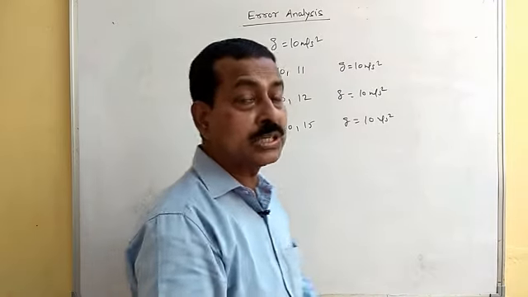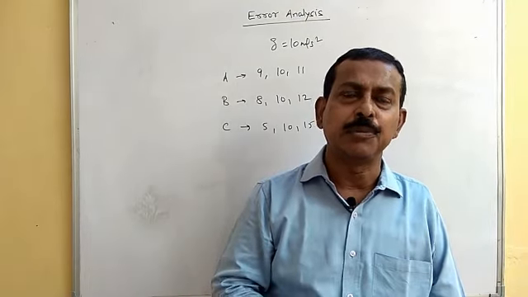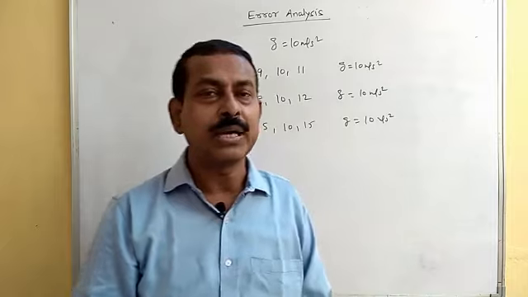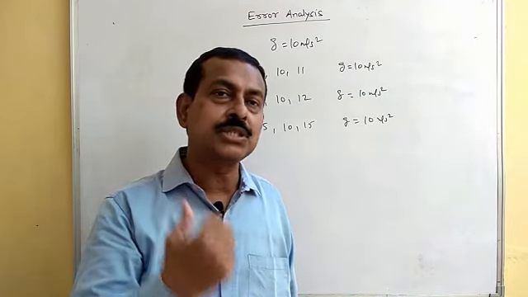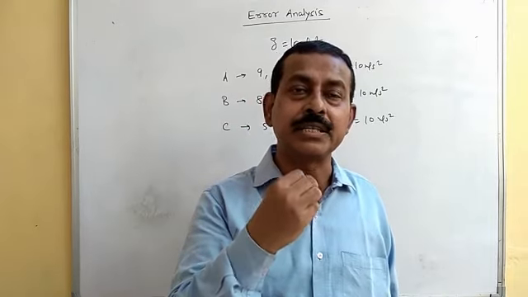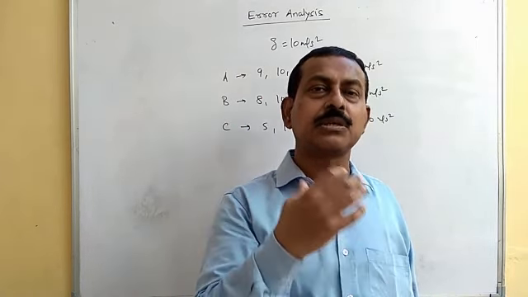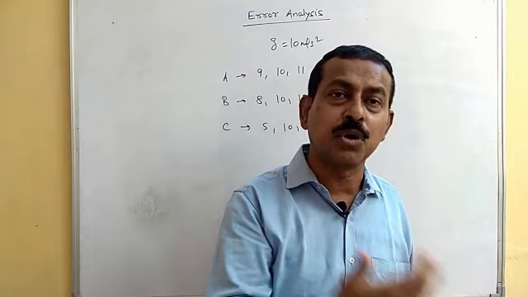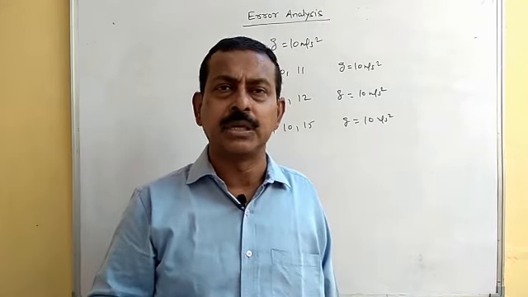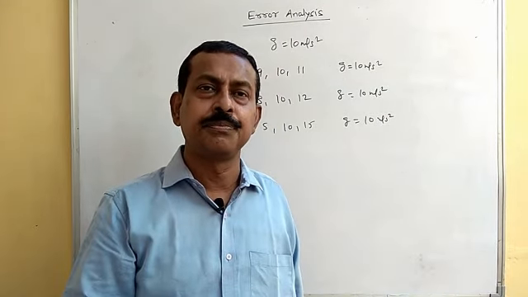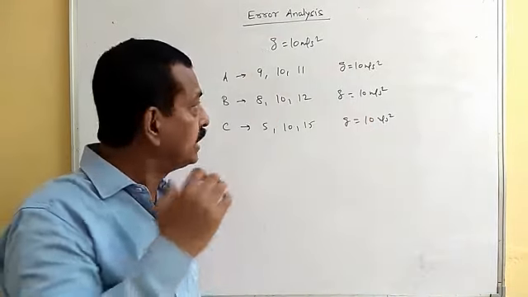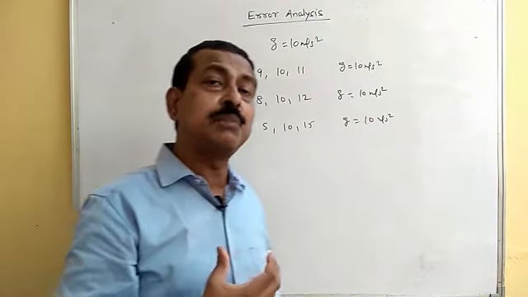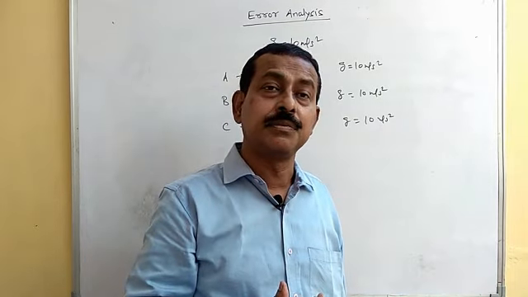Now, if we are just talking about the final result, if all these A, B, C go and tell that I've got the result as 10, if anyone is just hearing the final result, or just concentrating on the final result they have got from their experiment, he will get the same value because all have got the same value. But is it that they all have performed the experiment with the same care?